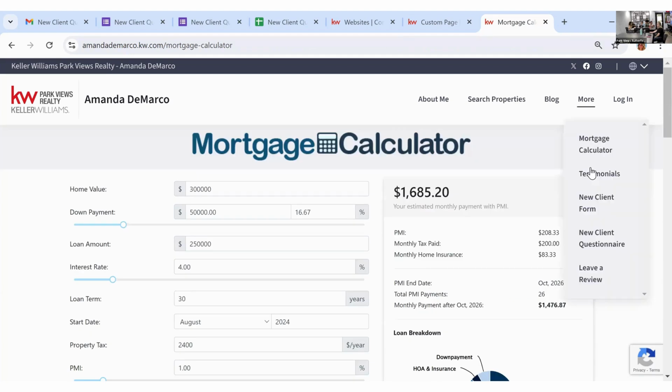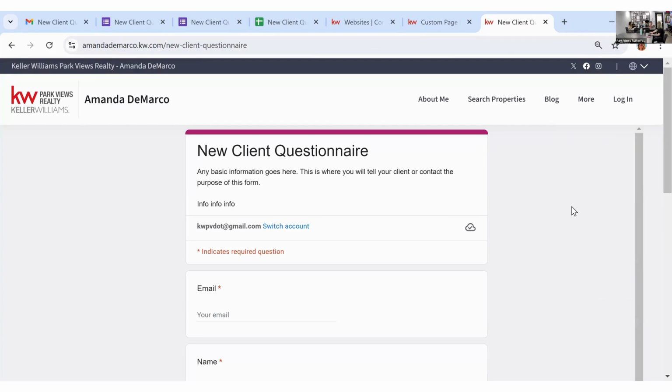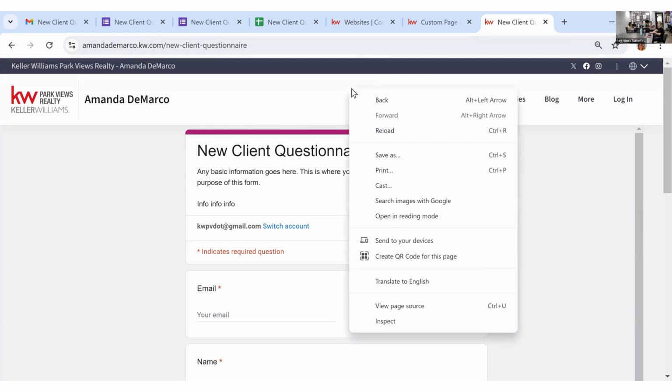Now, we want to share our questionnaire. We want to make this readily available for anyone. We want to turn this link into a QR code. A couple different ways we can do that. When you're using Google Chrome, you can right-click anywhere on the page, and you're going to see this little option, Create QR code for this page. I'm going to click it,